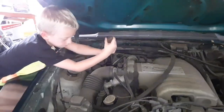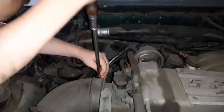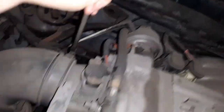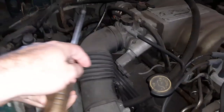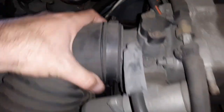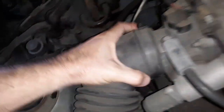So to kick things off, my kids are going to help me get started here. Jesse is going to take loose the, what would you call this, the intake tubing, I guess, to the throttle body. Alright, that's probably loose enough. You can stop, and then we'll try to pull that thing off of there. Alright, buddy, let me... 31-year-old stuff here we're messing with, so...